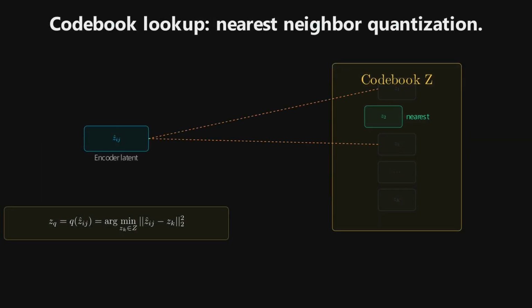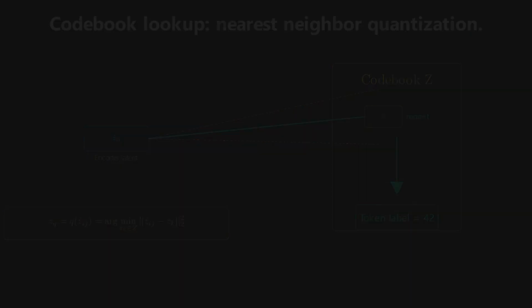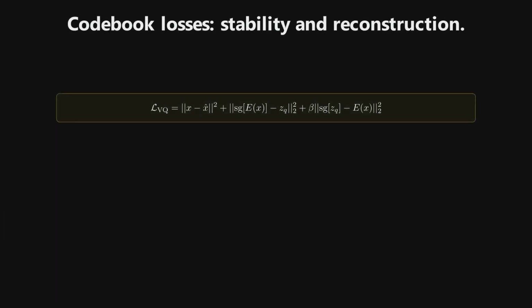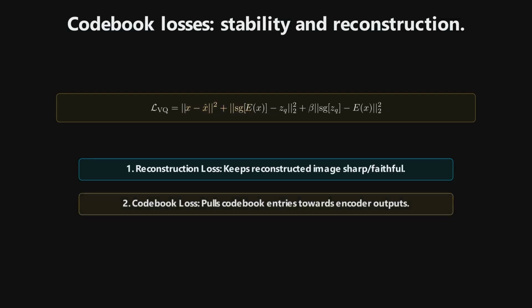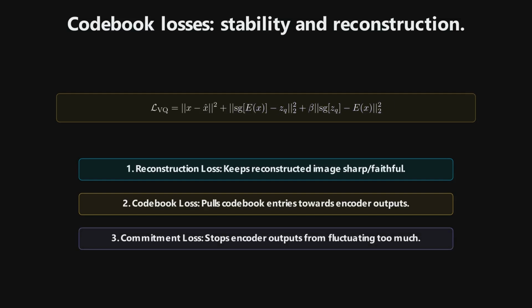In other words, the image has been translated from the continuous world of pixels into the discrete world of tokens. And this is the key move. Once an image becomes tokens, image generation starts to look much more like language modeling. But VQGAN is not just a tokenizer. It combines two strengths. CNNs are excellent at learning local, context-rich visual parts. Transformers are excellent at modeling long-range interactions between those parts. That makes VQGAN a useful bridge between vision and sequence modeling and a backbone for many conditional generation systems.